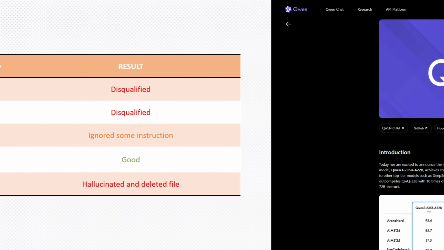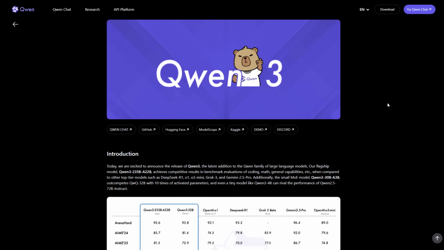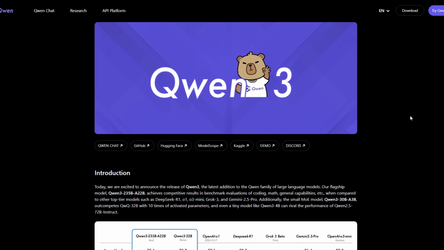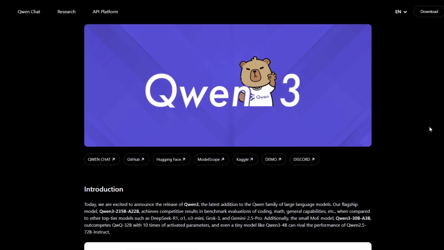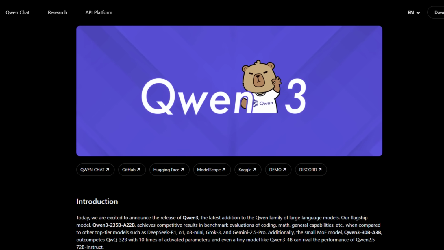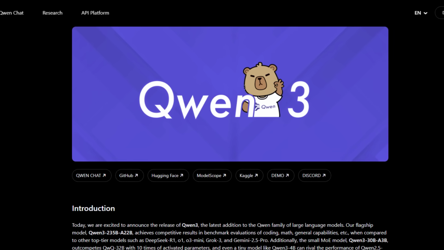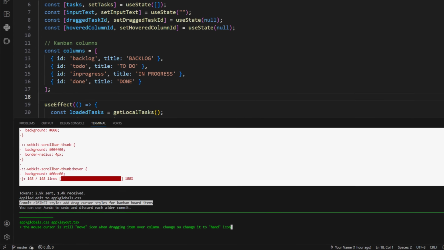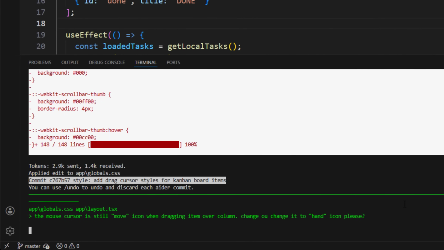So based on my test, the one that managed to complete all the tasks with relatively fast speed is Qwen 3 Coder 30B. I usually run it on a 16 gigs GPU, so this is the first time I tested it with 8, and it surprised me how usable it is. For me, this is the best AI model for 8 gigs GPU in terms of both code quality, front-end design